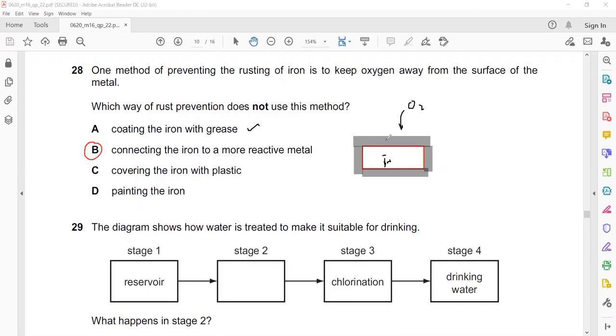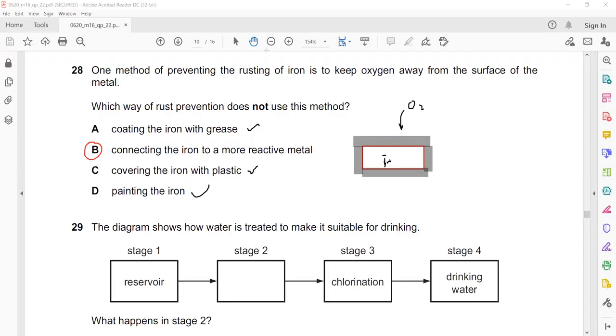Covering the iron with plastic, same thing. Instead of grease, if I coat it with plastic, the same technique is used, that we are preventing oxygen from interacting with iron. Painting the iron, same idea, the coating of paint does not allow oxygen to interact with iron. But what happens when we use a more reactive metal, for example, if we coat it with zinc,